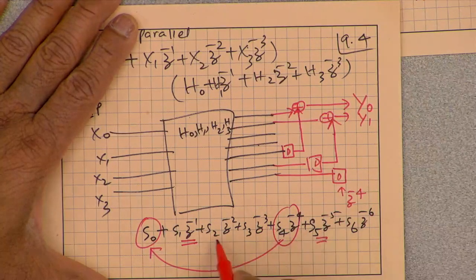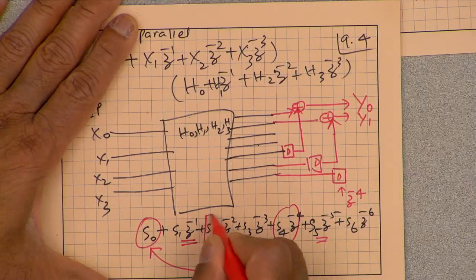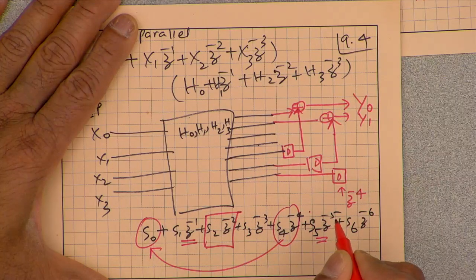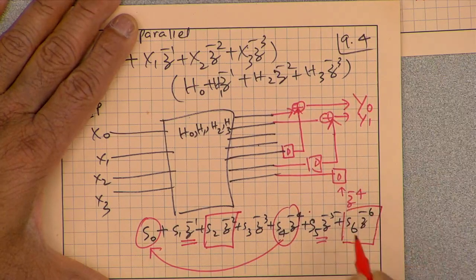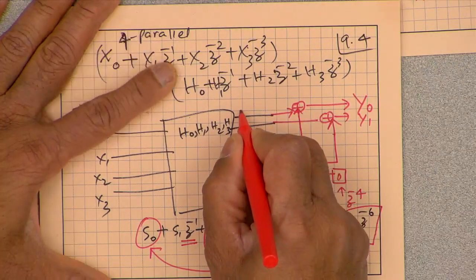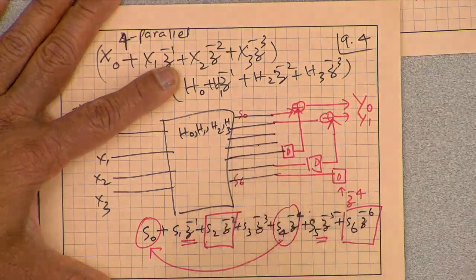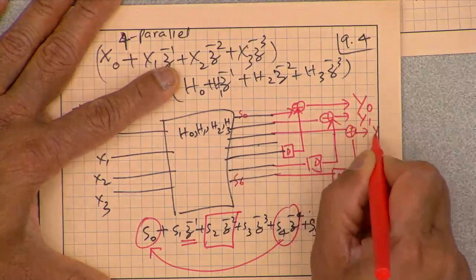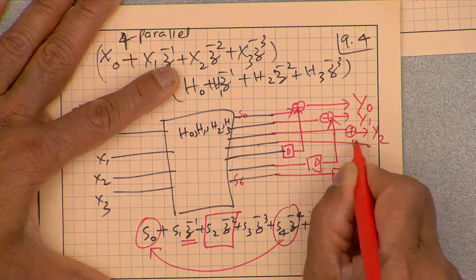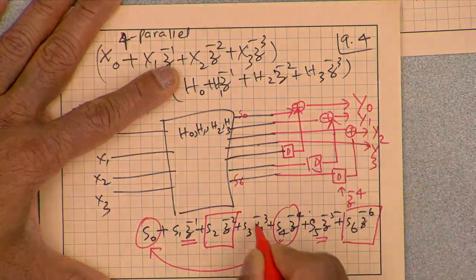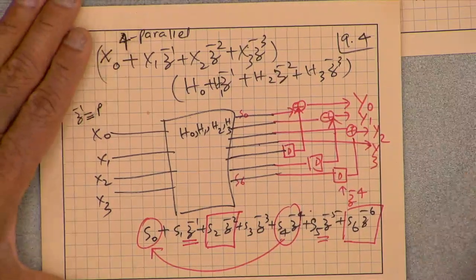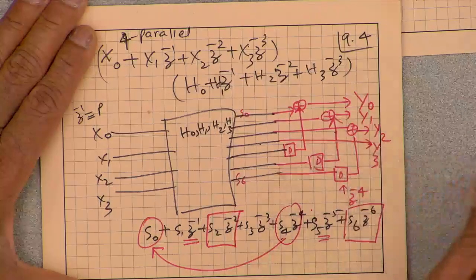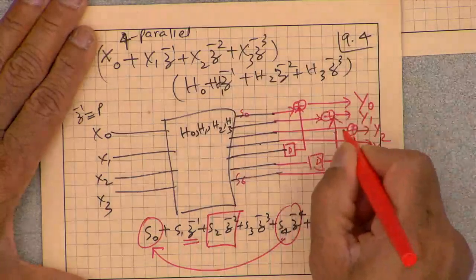S5 and S2, so let me put square boxes, 2 and 6, 2 plus 4, 6. Okay, so this was S0 through S6. So 2 and 6, that's y2, and finally this one here is the same as y3. So that's y3, there is nothing more to add. So each and every convolution algorithm is a basis for a fast parallel filter as well.